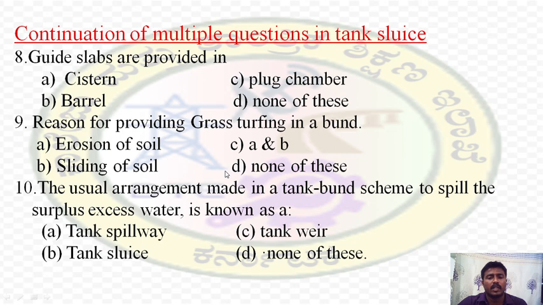The usual arrangements made in a tank bund scheme to spill surplus or excess water is known as option A tank spillway, option B tank sluice, option C tank weir, option D none of these. Answer is tank weir. The usual arrangements made in a tank bund scheme to spill the excess water or surplus water